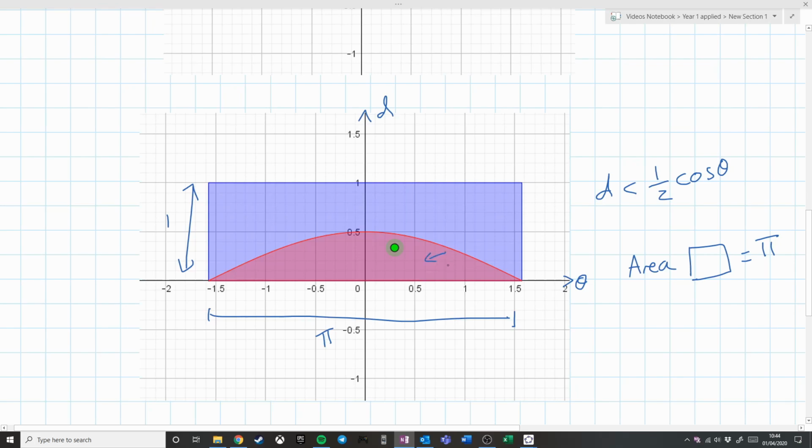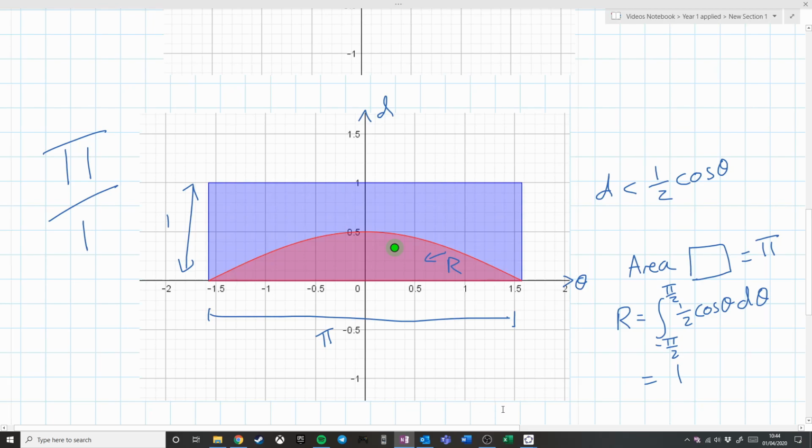The area of this region, r, I can see that r is equal to the integral from minus pi over 2 to pi over 2 of a half cos theta d theta, and that is equal to 1. So overall, we get that the blue region is pi, and the other region is 1,